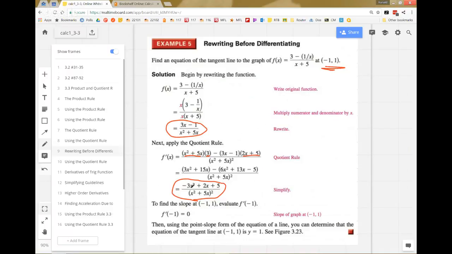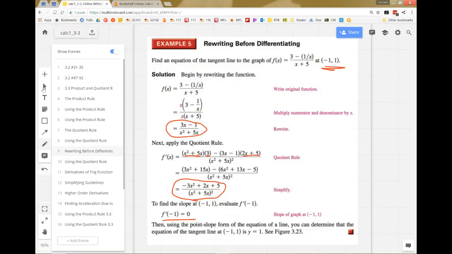So let's try that one more time. On top, negative 1 squared is 1. 1 times negative 3 is negative 3. Negative 1 times 2 is negative 2. Oh, negative 5 plus 5 is 0. And then on the bottom, you get 16. But 0 over anything is 0. So now we found that the value of the derivative at negative 1 is 0. So there's the slope of our